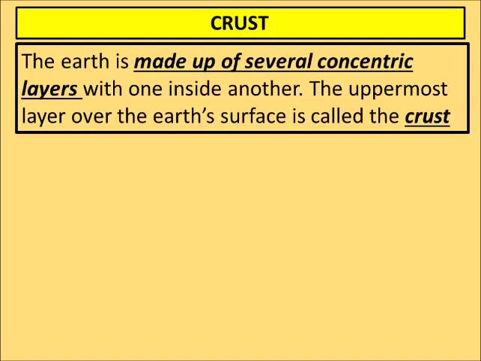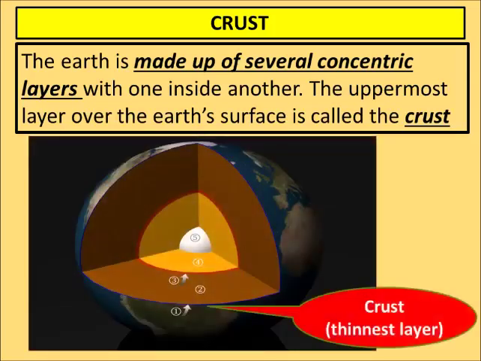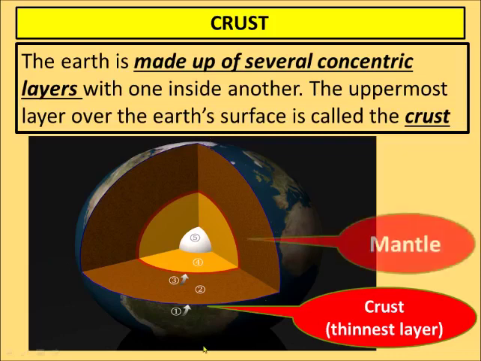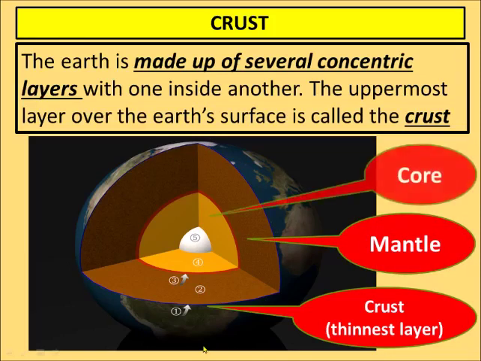So earth also has many layers, it has three important layers, and those layers are: the first and the topmost layer will be known as crust. It is the thinnest of all. See the thickness of other layers. This is the middle layer from here to here. This is the next layer from here to here. But see this crust, it is only from here to here, a small distance. So this uppermost layer is known as crust. And the next layer, in the brown portion, is known as mantle. And finally the innermost layer of the earth is known as core.